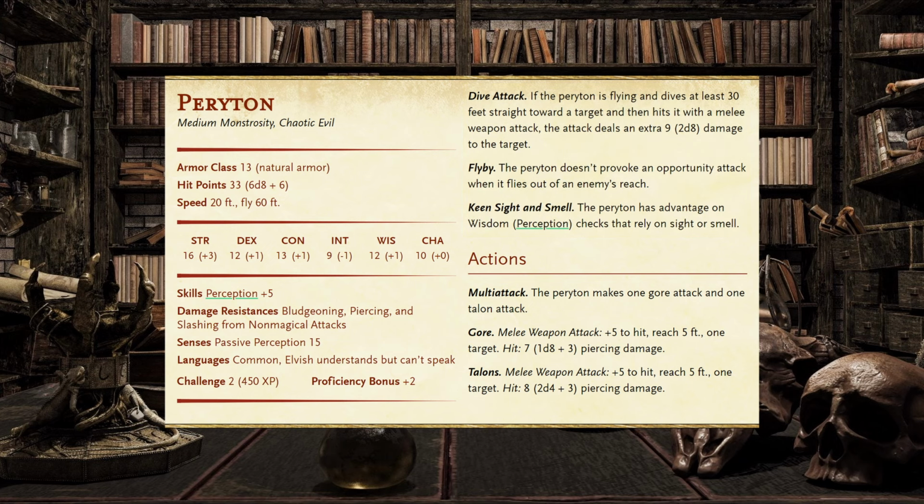Their threat doesn't stop there, as the Peryton makes 2 attacks per turn, a gore attack and a talon attack. These are both melee weapon attacks with a +5 to hit and a reach of 5 feet, but the gore attack does 1d8 plus 3 piercing damage, and the talons do 2d4 plus 3 piercing damage. On average, the Peryton would do 15 piercing damage per turn, bumping up to 24 average damage if they use